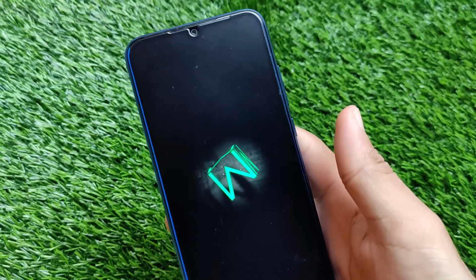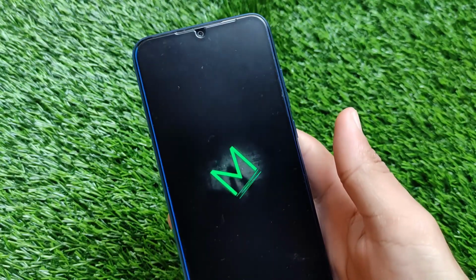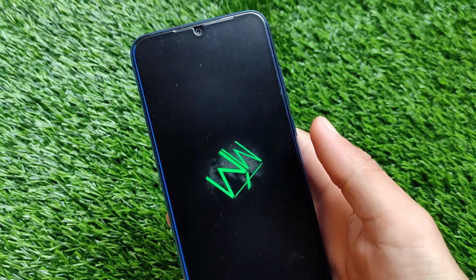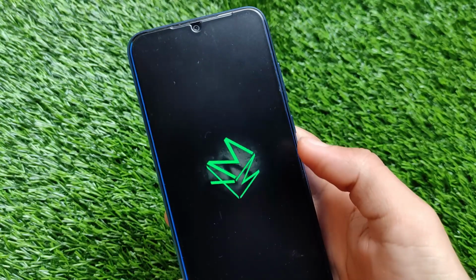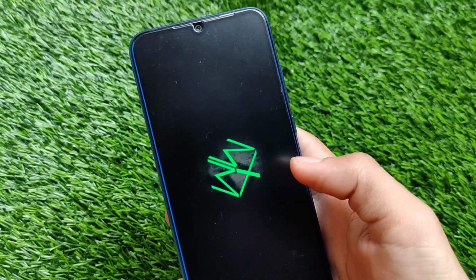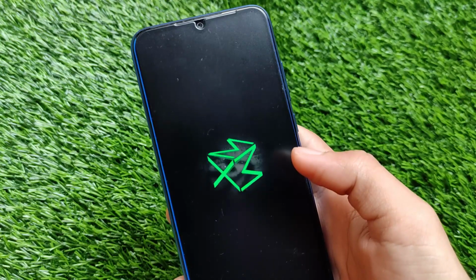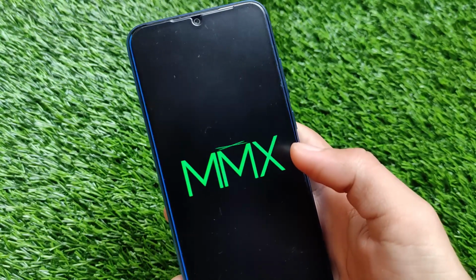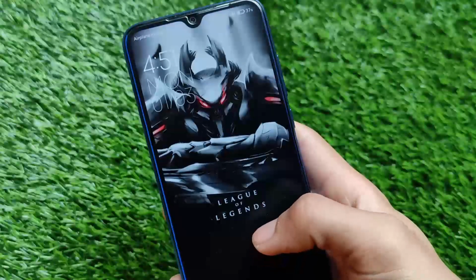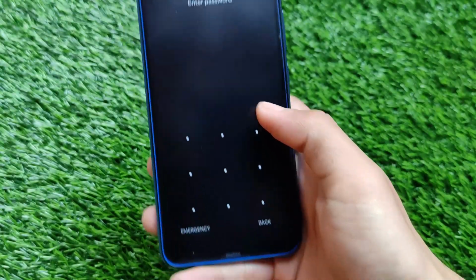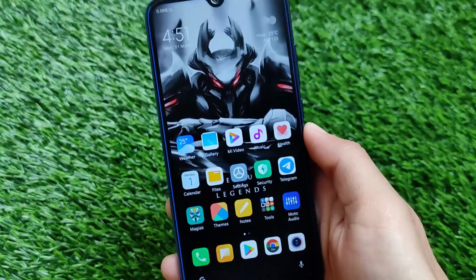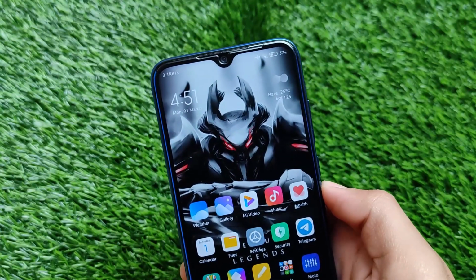In my case, I'm just rebooting my device. I'm not going to pause and skip any part, so I'll show you how it looks after booting, because it doesn't have any kind of user interface. It will just show you in the Magisk Manager that it is installed. We have just booted our device. Let me turn on the lock screen, and after that, let me show you by going into Magisk Manager. In my case, it's just installed here.